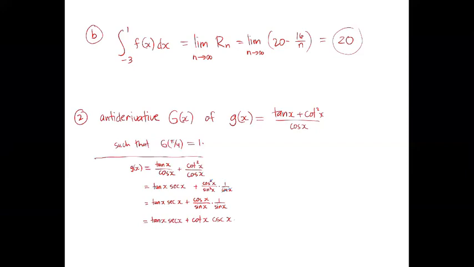And now we can think of some function whose derivative is equal to this. And for that, we can take capital G of x. We can take this as secant of x minus cosecant of x plus the arbitrary constant c. Okay? So observe